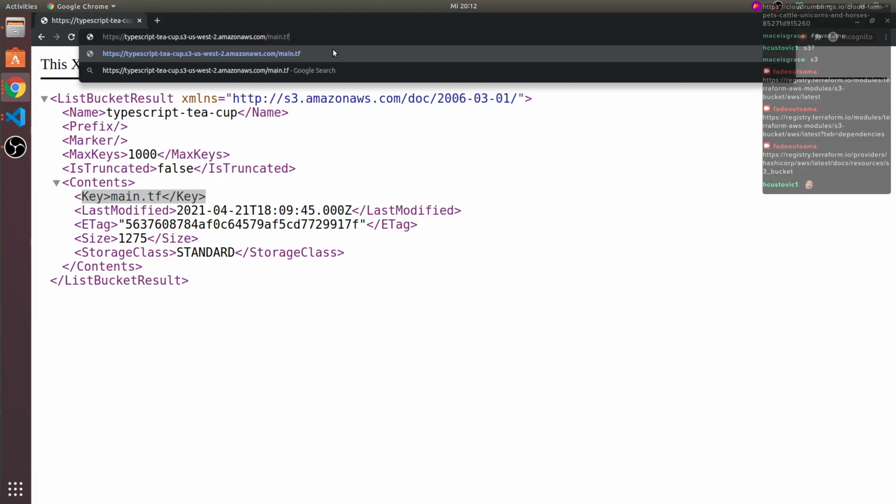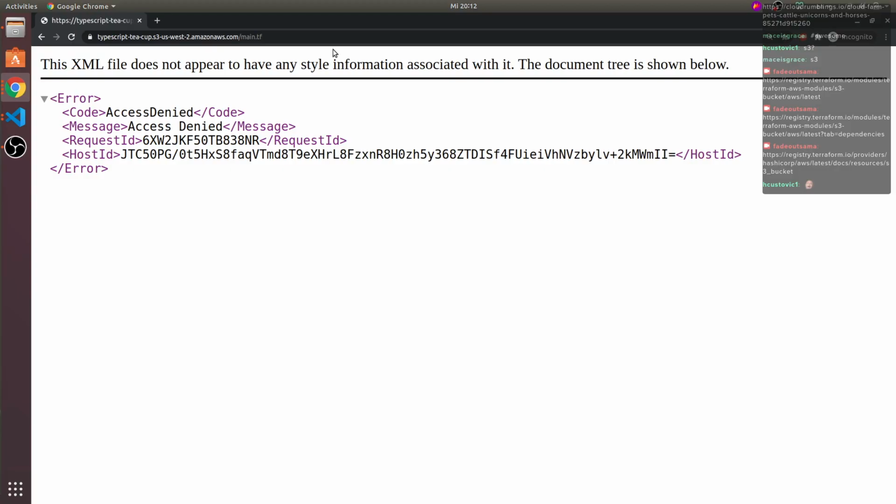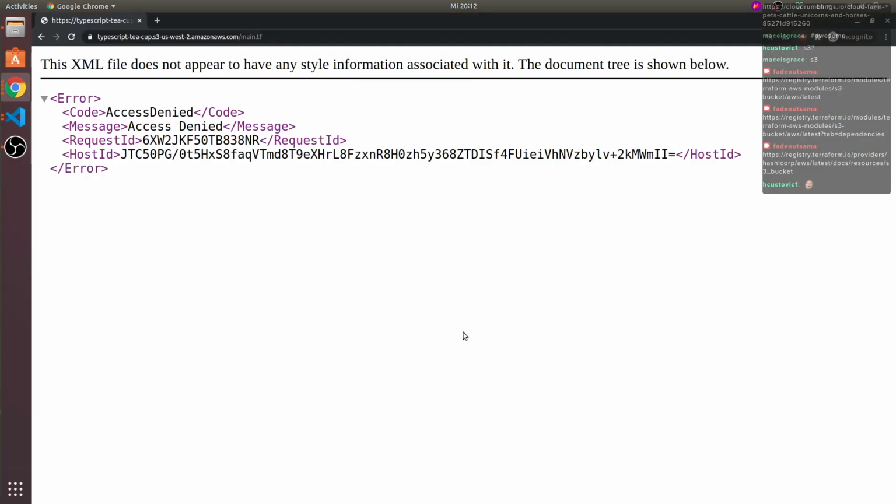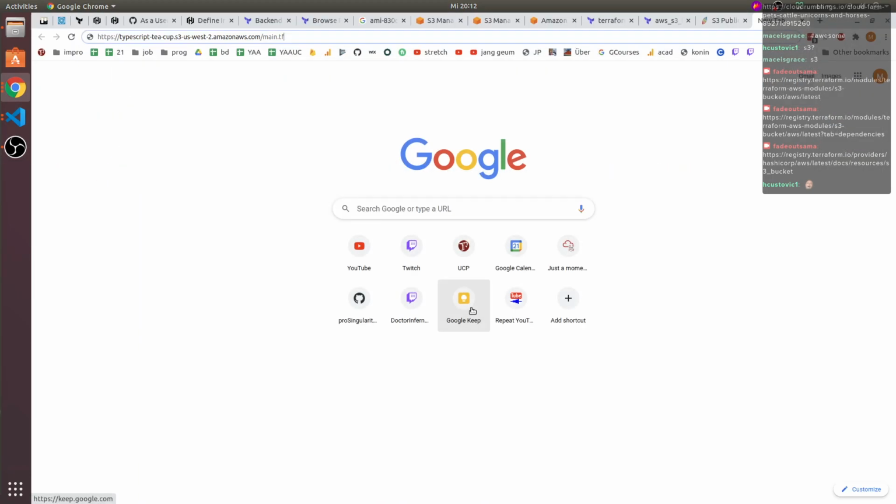Yeah, so we would need to do a deep dive into how to also make all the sub-resources public.